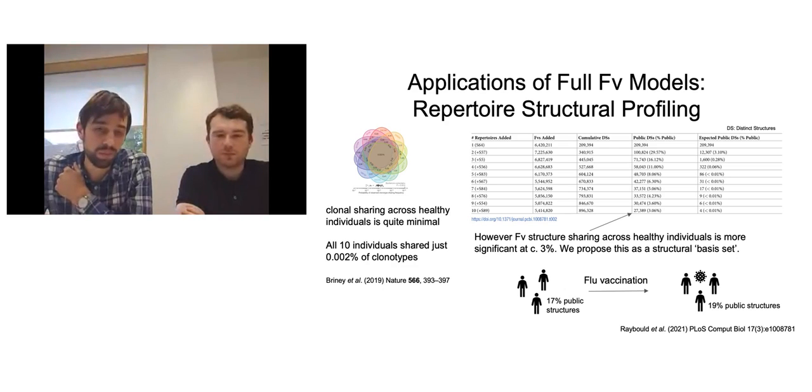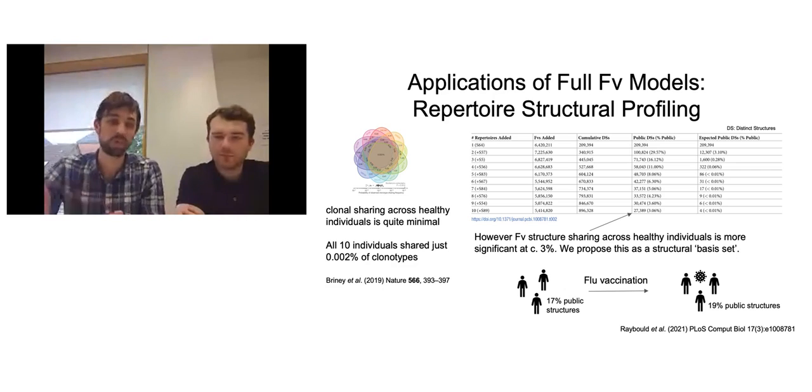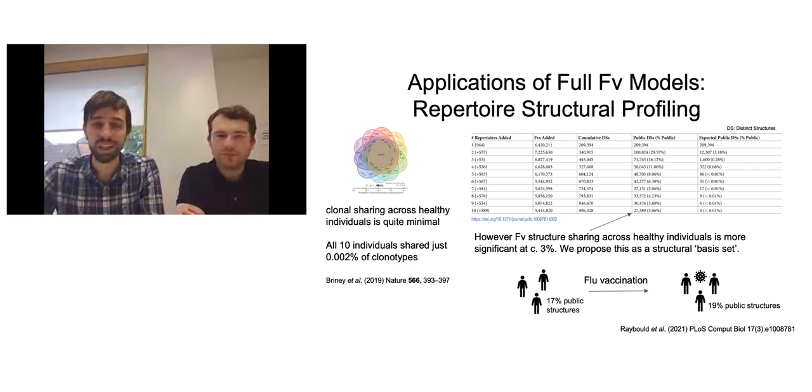There's this beautiful study from Brian Briney in Nature where they did really, really deep VH sequencing of individuals and found that just 0.00% of clonotypes were shared across 10 individuals, which would imply that if you had to belong to the same clonotype to respond to the same antigen, we shouldn't be responding to the same antigens in the same ways. But actually, mapping this onto structural space, given that structure is often also conserved across same-antigen binders, we actually see that